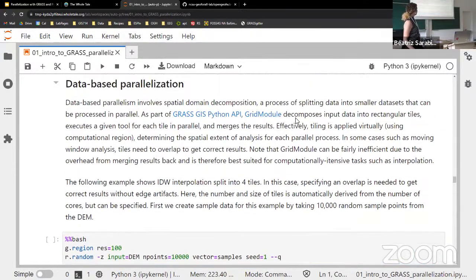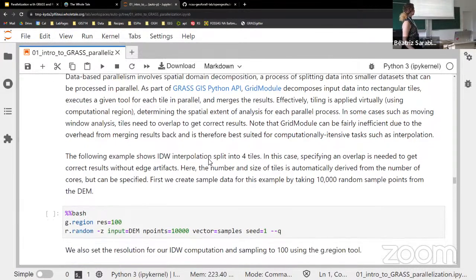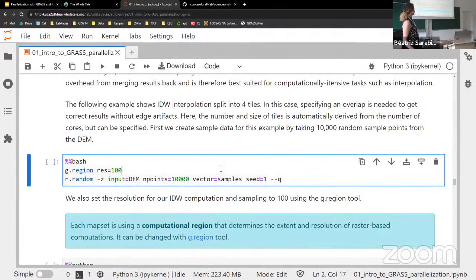And yeah, it decomposes it into rectangles, executes a given tool for each tile, and then merges the results. So it all kind of happens behind the scenes. That said, it gets kind of inefficient because it has all this overhead of merging the results back. So it's most efficient in parallel when it's used for really computationally intensive tasks. One of those tasks might be inverse distance weighting